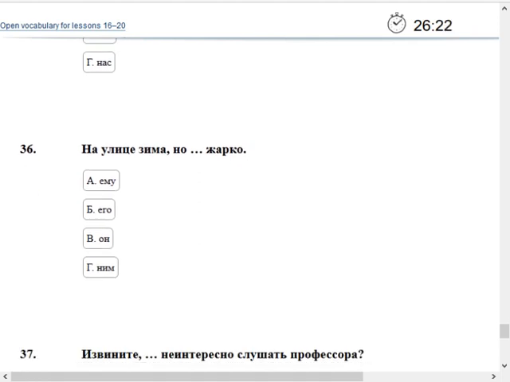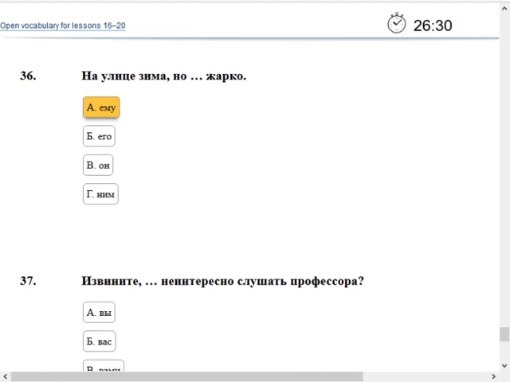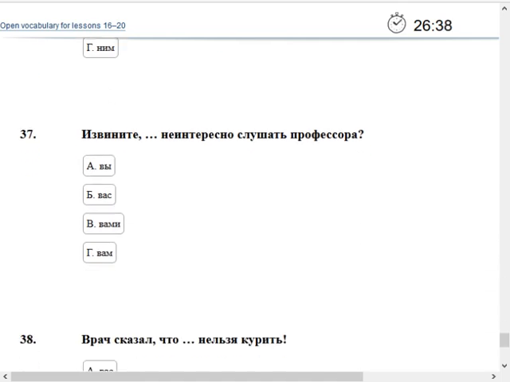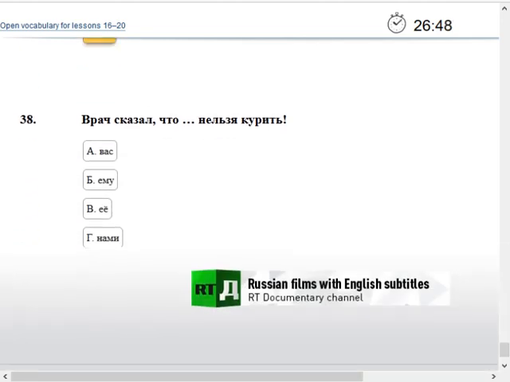На улице зима, но ему. Why is it ему? Not sure, but that's the answer. Okay, you can look it up. It's ему. Извините, and then for вы, the dative personal pronoun becomes вам, and then врач сказал, что